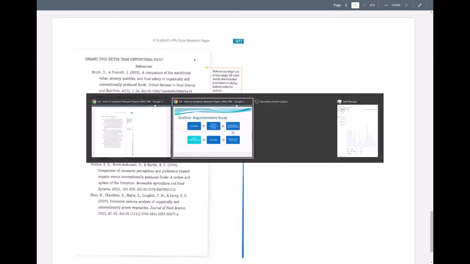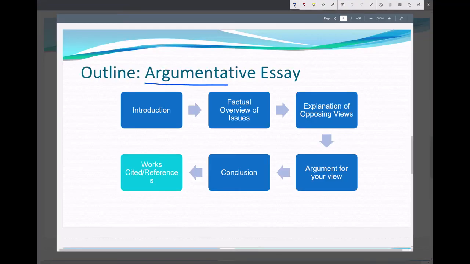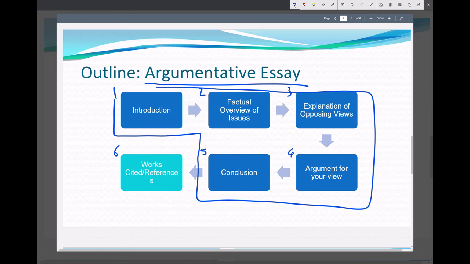So when you write your argumentative essay, you want to make sure you have these 6 things. And everything in blue right here, this is your essay. And you'd have in-text citations here.